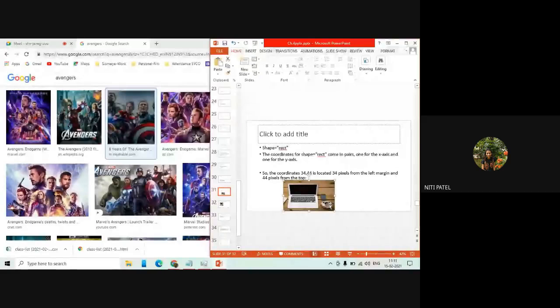So whatever value you put, those values should be in the form of pixels. ठीक है. तो अभी ये कंप्यूटर का क्या पिक्सल्स है? 34, 44 पिक्सल्स है. ठीक है. अभी किसने ये पिक्सल्स दिया है? आपको ट्राई एरर करके ये पिक्सल्स को आइडेंटिफाई करना है.